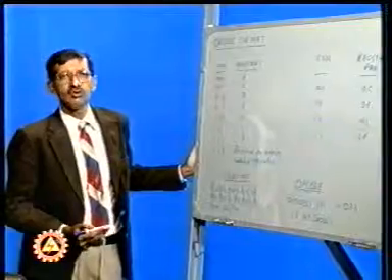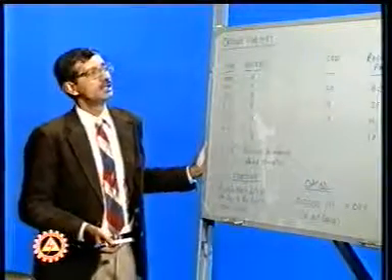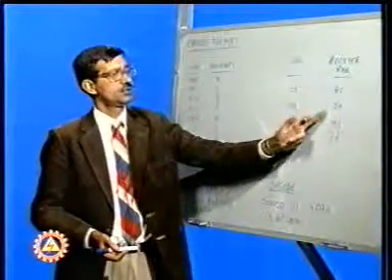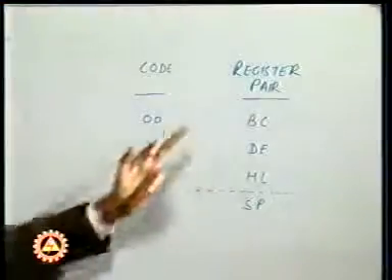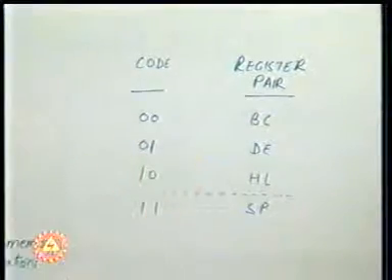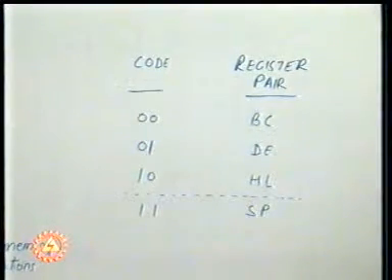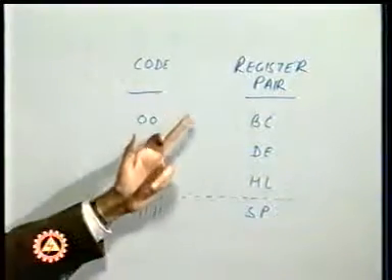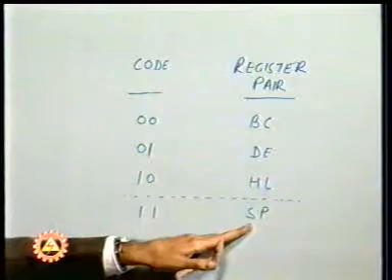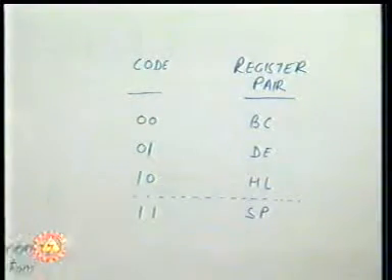Similarly, when we want to interact with the register pairs, we come across 3 register pairs which are normally talked about, that is BC, DE, and HL. Since we have got 3 of them available, we require at least 2 bits to represent them, and 2 bits can distinguish 4 different quantities, so we have another special register, that is SP, being brought in.